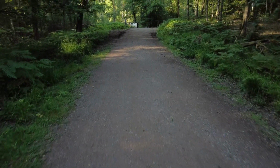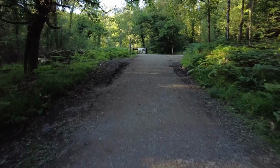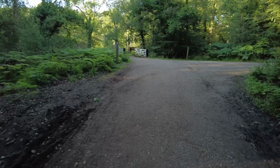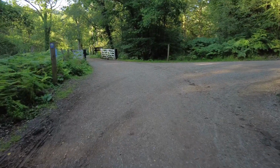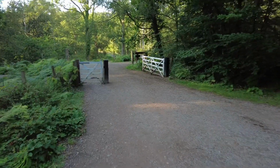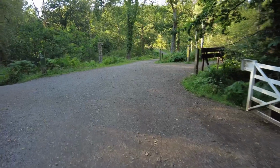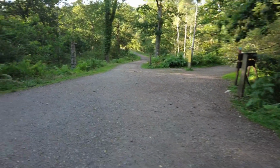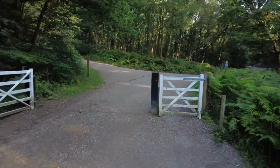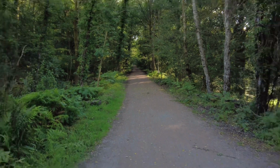Like I said, the pathways around the forest and the trails are really well maintained. Just down here, I wanted to quickly show you part of the trail the cycle route cuts through. It's another gravel path that they've created purely for a cycle route. People do walk on it, I probably wouldn't recommend it, just because of the cyclists. If you've got kids, it's not really the place to be walking, and it can get a little treacherous if people are cycling down, because mountain bikers do like to come down it. But this bit here, where this white gate is, takes you off up to the sculpture trail. But this path all the way down here is part of the cycle route,